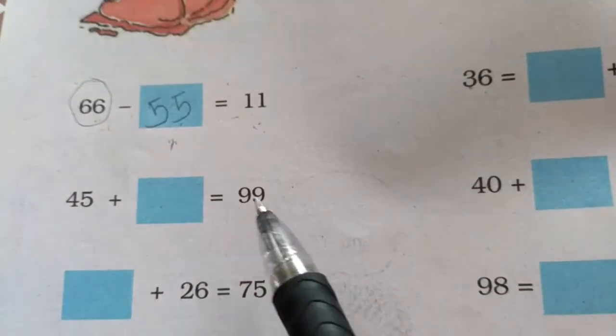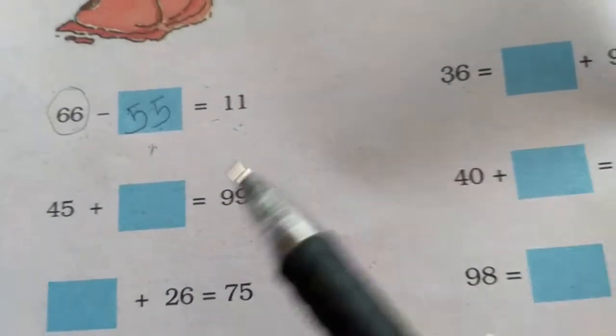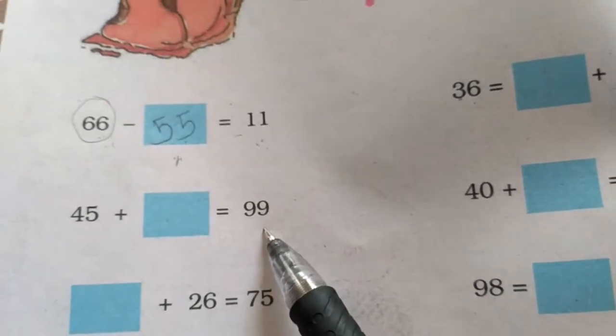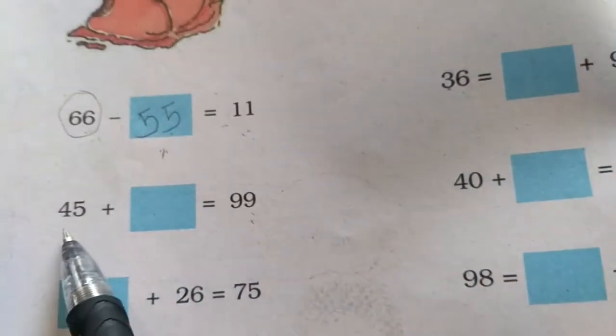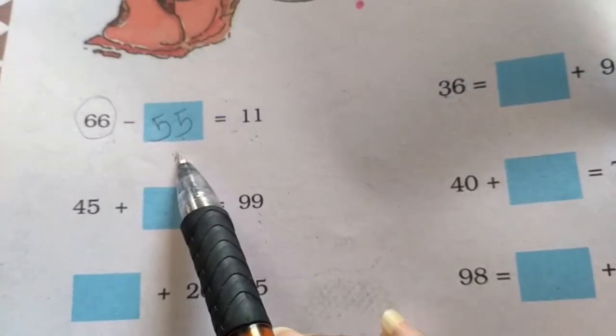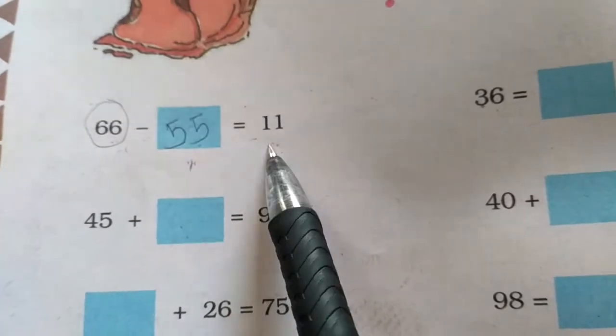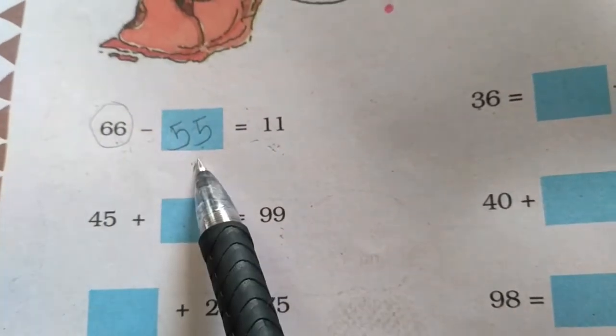Next is plus. Again plus में सबसे बड़ा number answer में होता है. Make sure that's the trick to remember. Here is the biggest number. From the biggest number, you will subtract the first number and then you will get the second number. Same thing we are applying over here in subtraction. You are going to subtract the answer from the biggest number and you will get the second number.